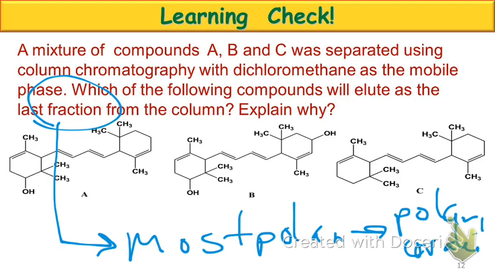We already went through and did this. A and B both had polar covalent bonds. Which one has more polar covalent bonds? B. It's going to have more hydrogen bonding interactions. It is more polar. That one's going to come off the column last. Kind of makes sense? Okay, go ahead and answer the questions from that group activity. I am going to attempt to